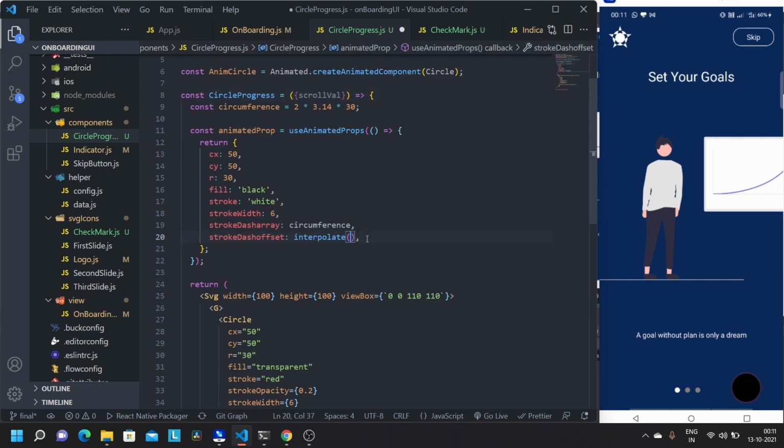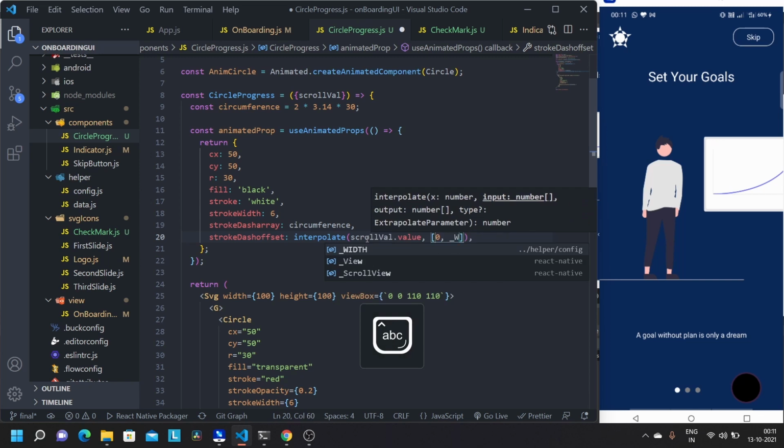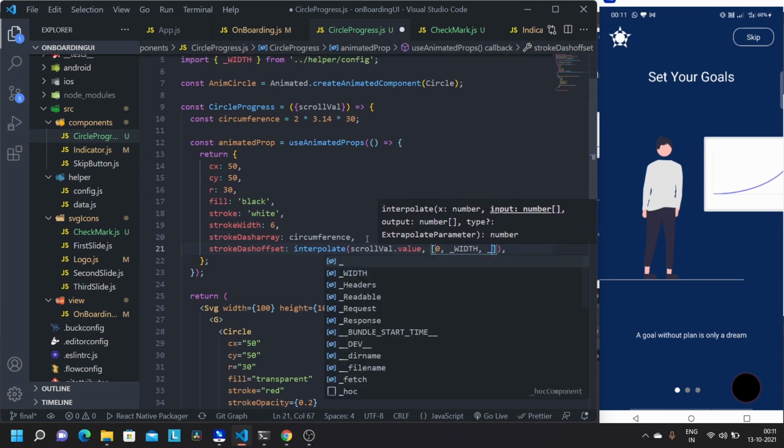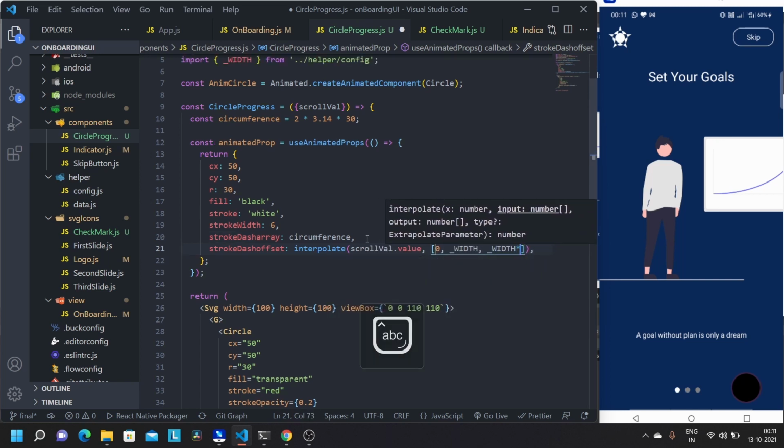So we'll do scrollX.value, we'll give it 0, width, width into 2,